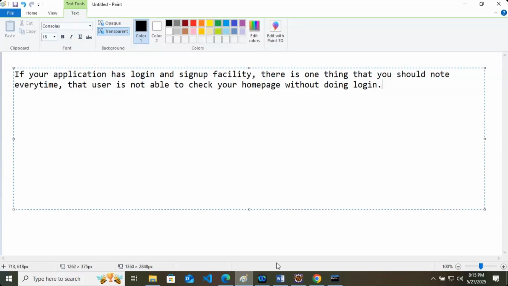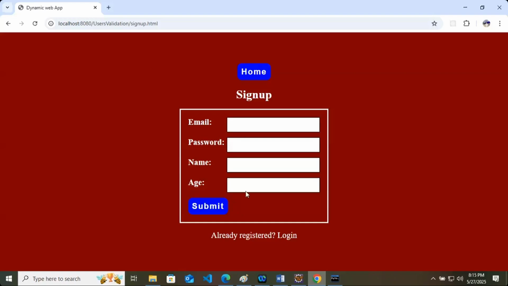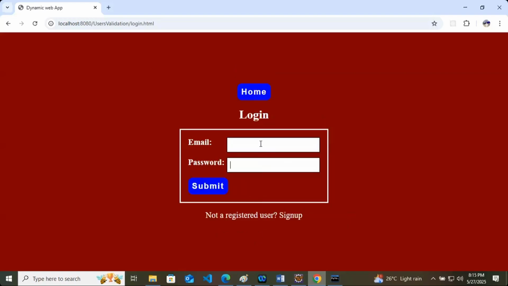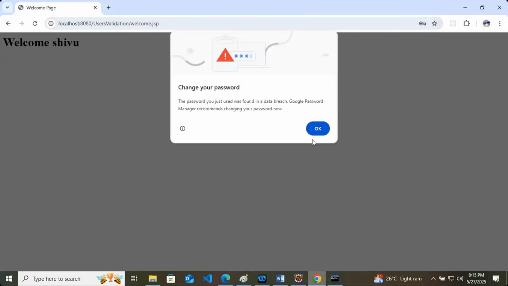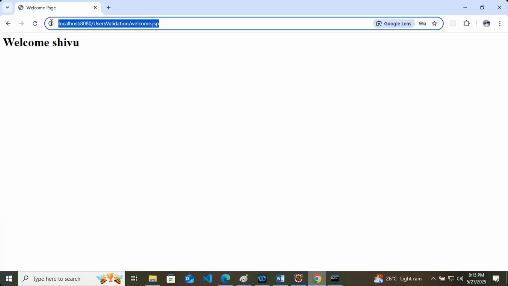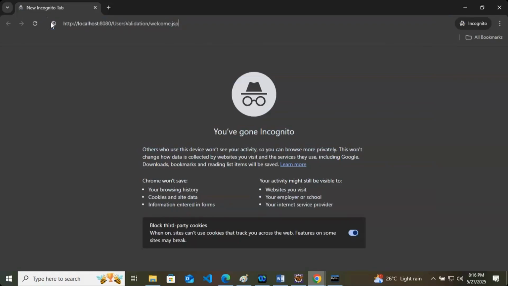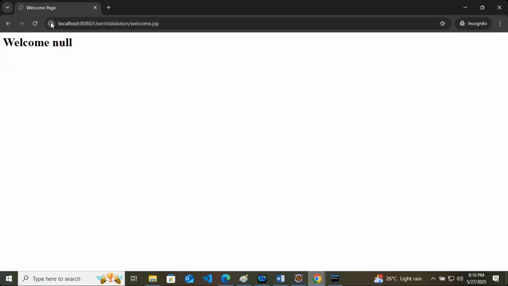Now, as a developer, I know that, okay, let's log in here. I did login. With the 123456 password, welcome.jsp, this is the URL, right? I will copy this URL and paste it somewhere. Here your welcome.jsp page is visible directly. Got it or not? Your welcome page is visible directly without doing login.